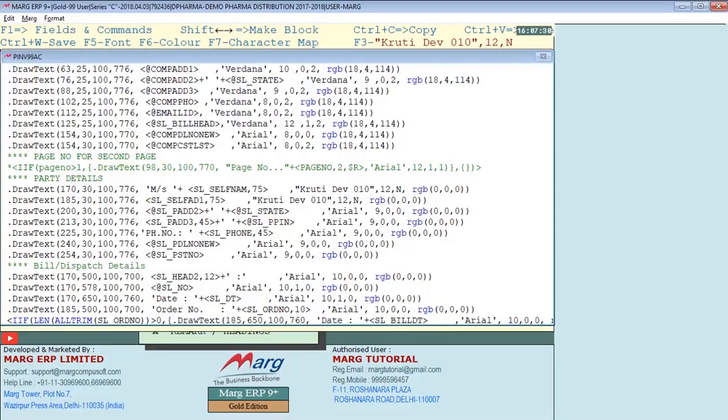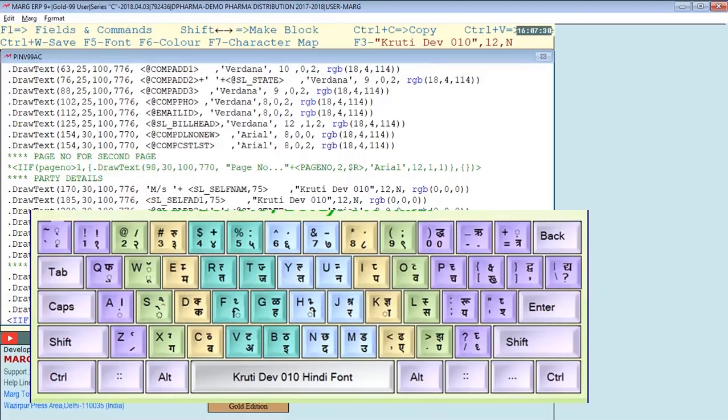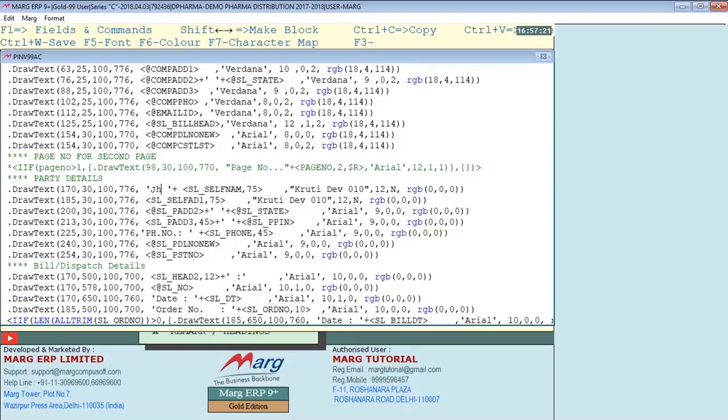If you want to write any text manually in Hindi, like if you want to write Shri instead of Messrs, you will see which letter is on Shra on the keyboard. Letter J is on Shra, and it is capital J, so type capital J here. Then use the sign of E which is on letter H.